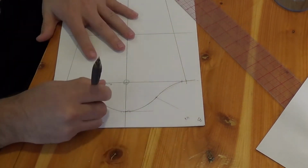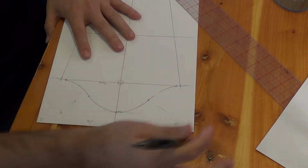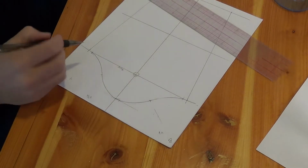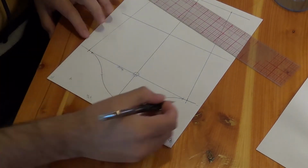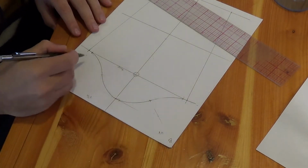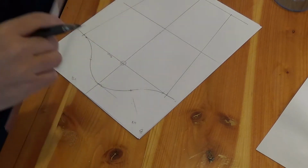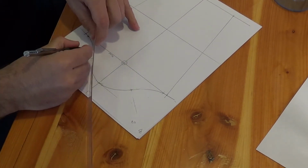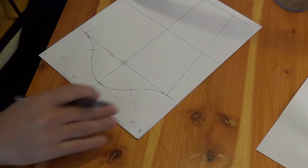I can add my seam allowance. And then the other thing I also need to add is a notch. So I'm going to come up from this bicep line here, this point here, and from this point here, I'm going to come up along that curve and create my notches. On the front, I'm going to come up 3 inches, go along that line 3 inches, and add a single notch. On the back,